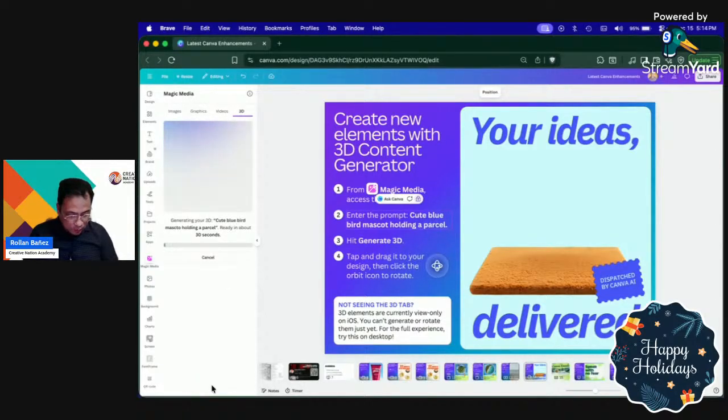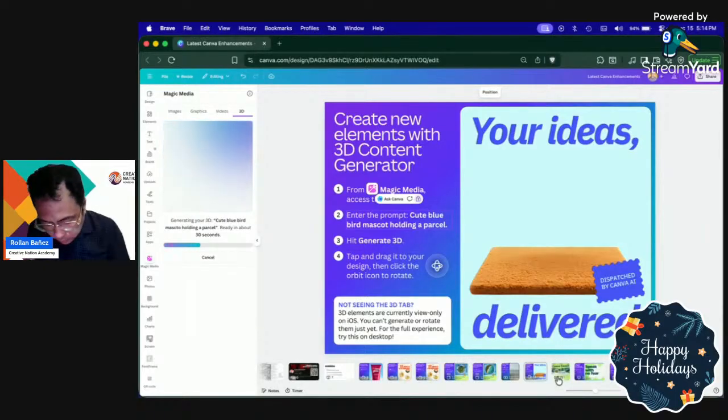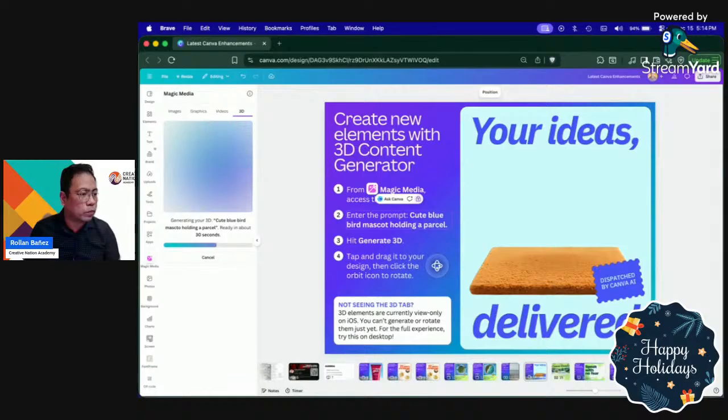So what happens here is that you can easily create 3D elements within Canva that you can also rotate in the manner that you want. Let's move on while we wait. I think you just have to wait for this for it to work. And right now, it takes a lot of time, around 30 seconds to generate this type of asset. I'm just going to remove my overlay on this because,